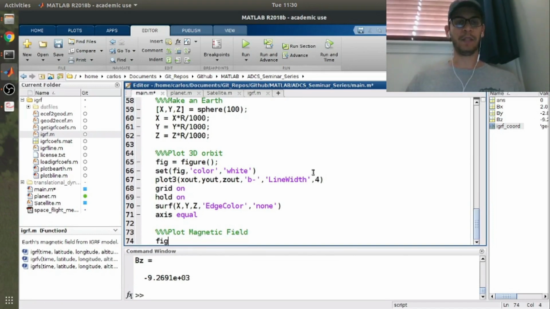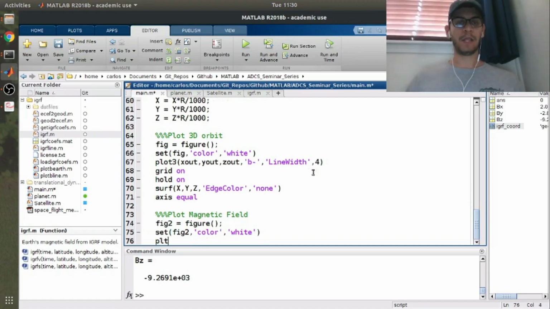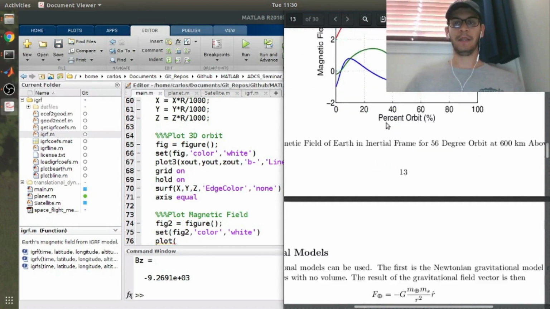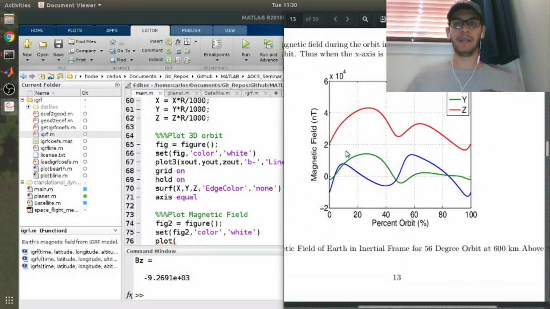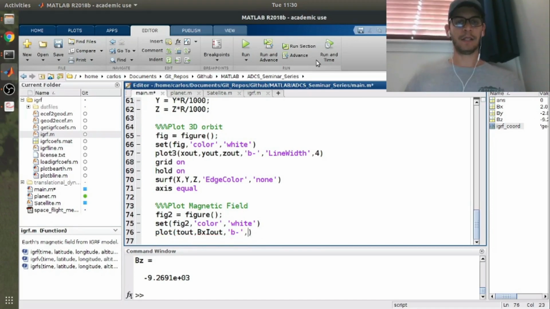And I'm going to do a fig2 is figure, and then set fig2 color white. I'm going to plot, and I'm going to do basically the same thing that I did here, except I'm not going to do the percent orbit, I'm just going to do time, and I'm going to plot the magnetic field on the y-axis. So I'm going to do t out, bxi out, and blue, and I'm going to say legend. How do legends work differently in MATLAB? So let's see, line width